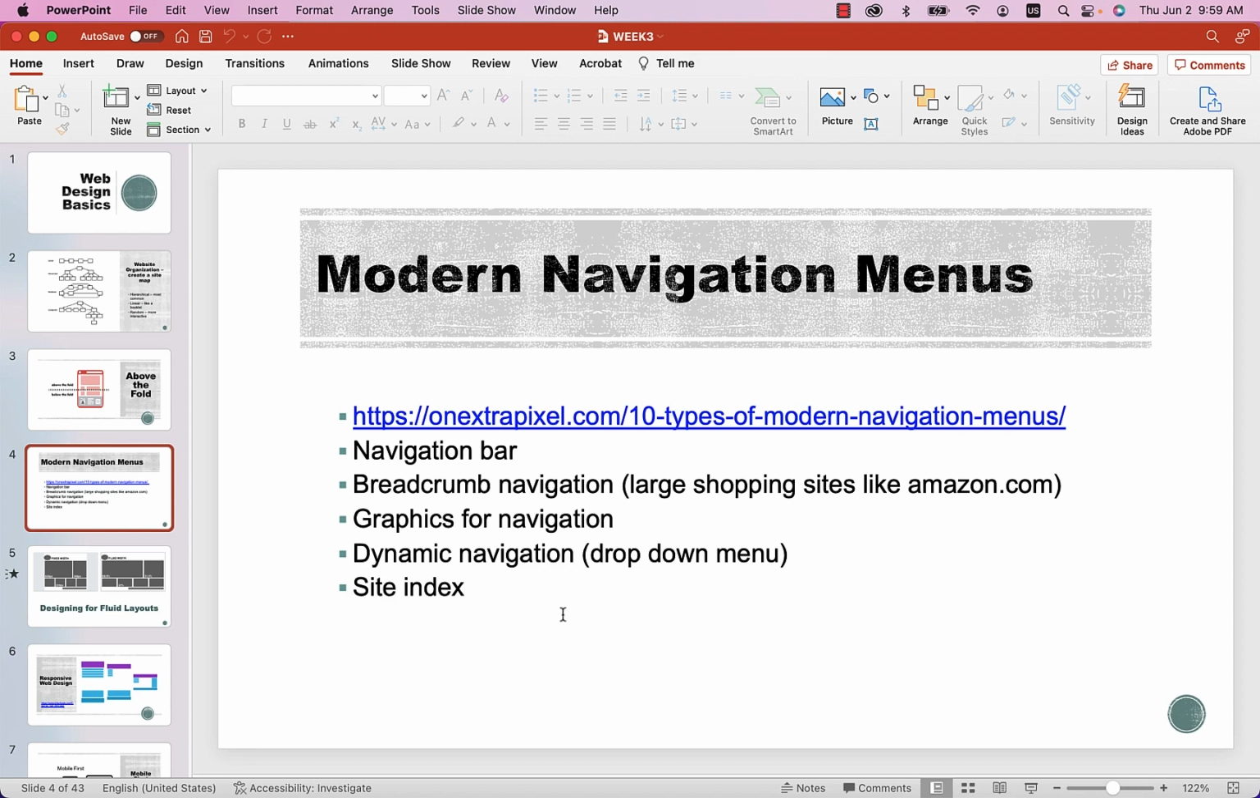Dynamic navigation. So this would be something like a drop-down menu. Again, e-commerce would be a good example of this. Even our school website, we've got a drop-down menu where you can go and you can see more items. This makes sense for really large websites where you don't want the navigation to take up a whole lot of space. And then a site index is a way for you to kind of look at a bunch of different